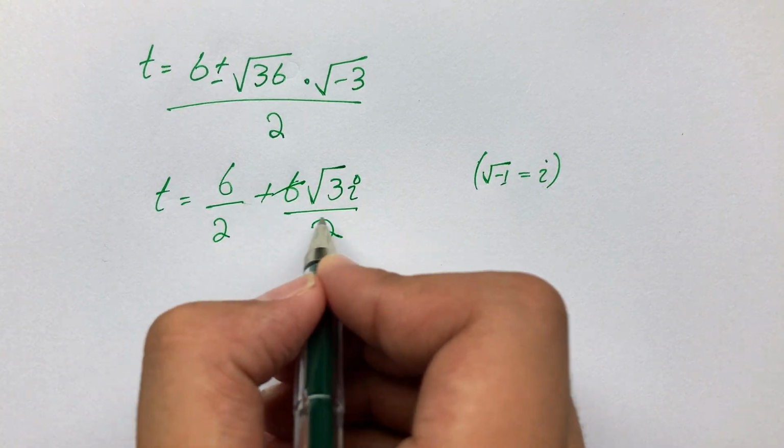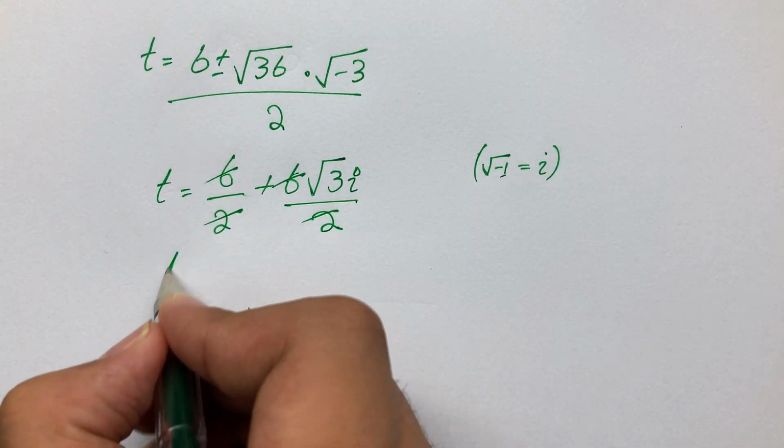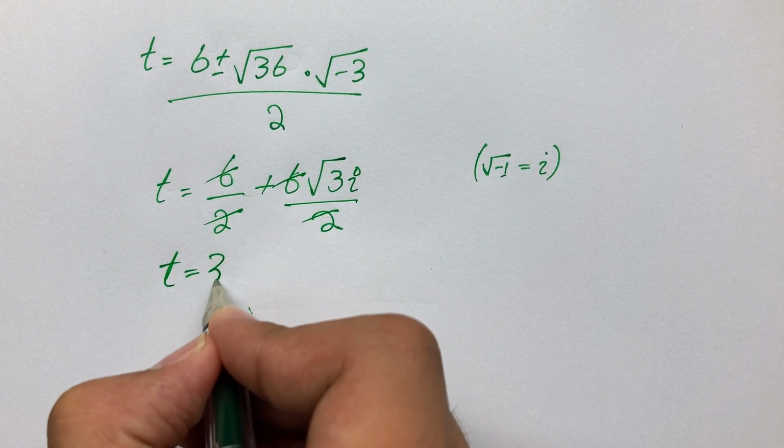So this cut by this cut by this. So t is equal to 3